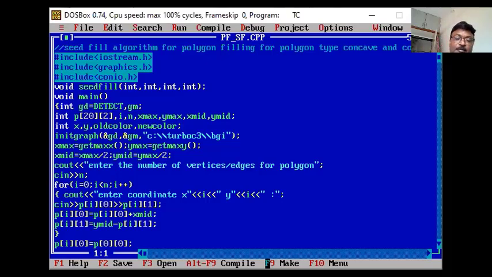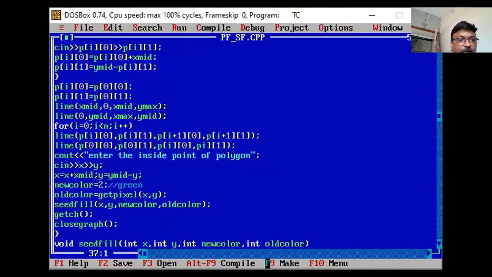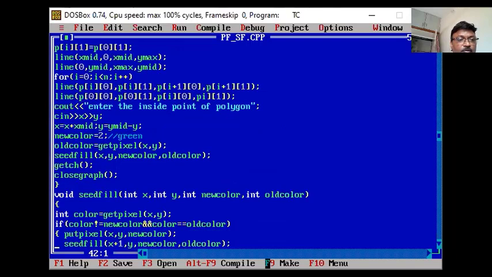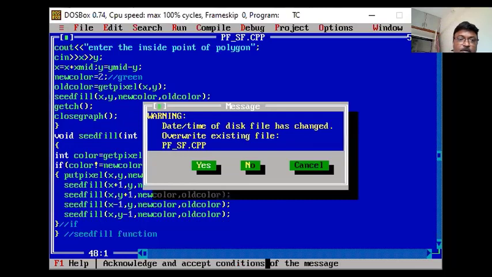Here, suppose you are thinking, yes, seedfill. I have already told you what seedfill means: that you have to consider one old color, new color, and then color. Now again you have to check whether this program is correct or not. So seedfill, main. Is there any function you remember or forget, that you have to verify? ymax, go for the line, xmid, ymid, getch, closegraph that you have used. Now it's correct, so then compile it.